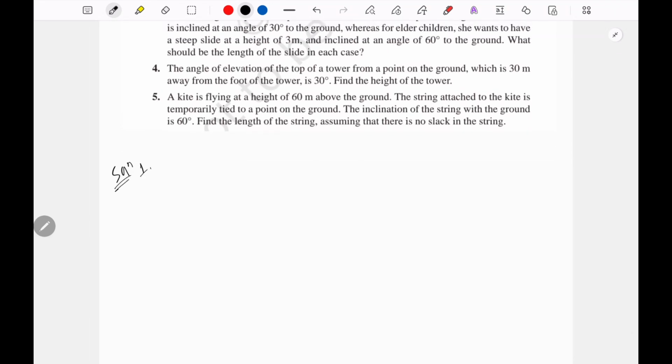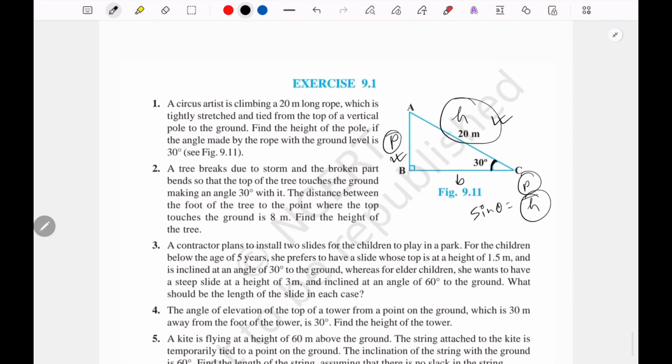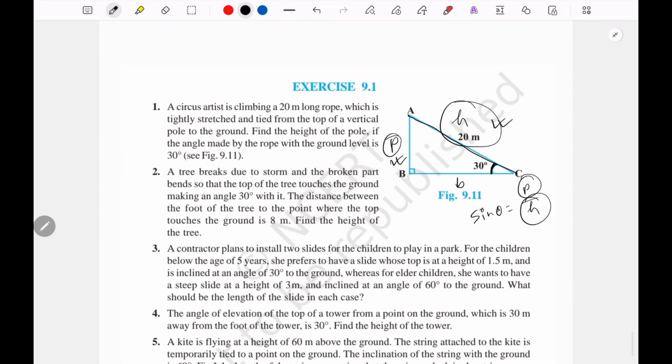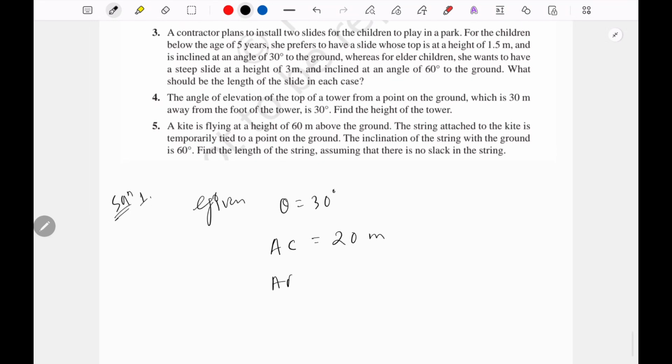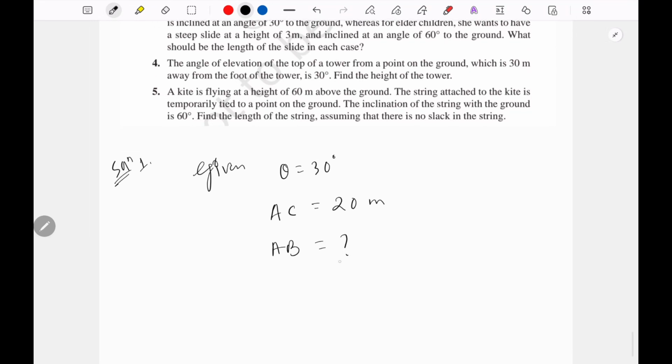So solution of 1 is, first write what are the given things. Given theta equals to how many? 30 degree, and what else is given? The length of AC is 20 meter. AC equals 20 meter. Now we have to find AB. So for AB we know sine of angle theta we can write as AB divided by AC, since if we have this as a right angle triangle,